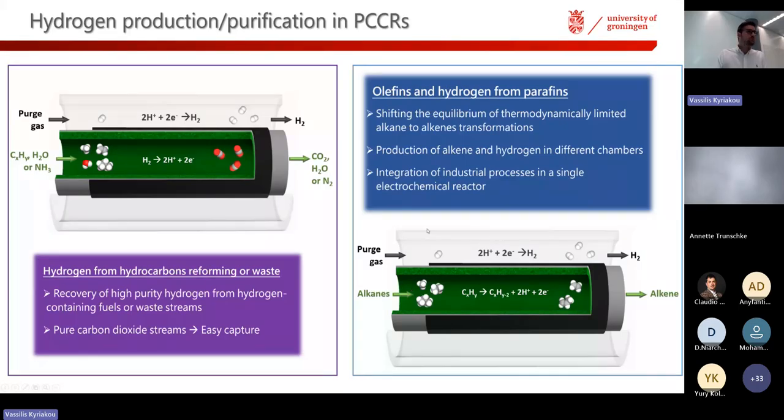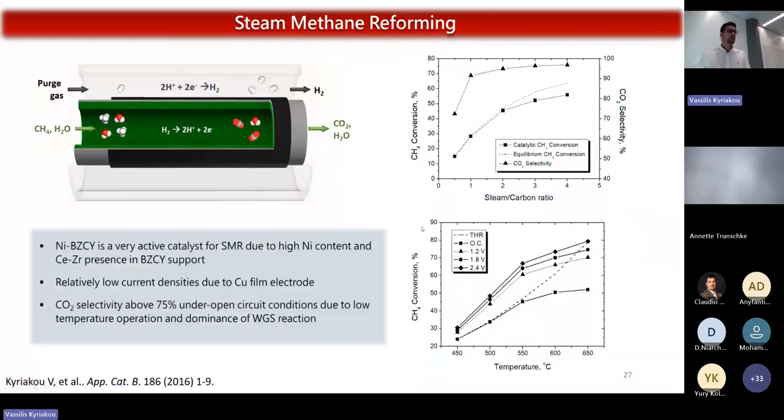Very interesting aspects. One example that we did back when I was in Greece several years ago for protonic ceramics was steam methane reforming, where the group of Professor Tsiakaras were the first to demonstrate that you can use them as hydrogen pumps. Steam methane reforming is a typical example. It's a low temperature steam methane reforming. As you know, it is thermodynamically limited, so it's an equilibrium reaction. It's highly endothermic, and in industry you usually have to do steam methane reforming at 750 to 800 degrees or even higher.